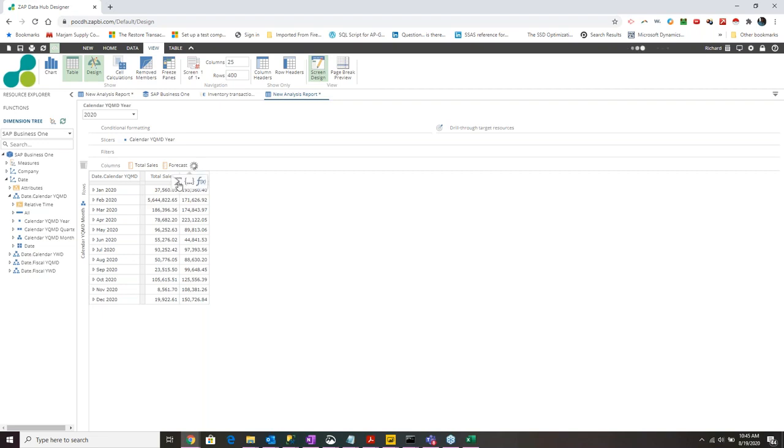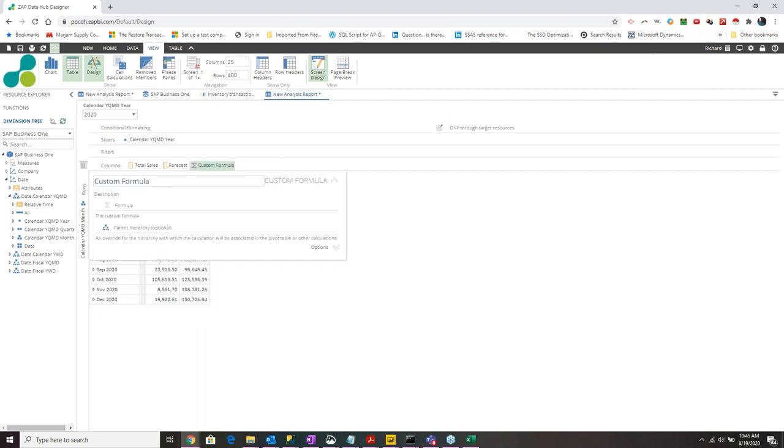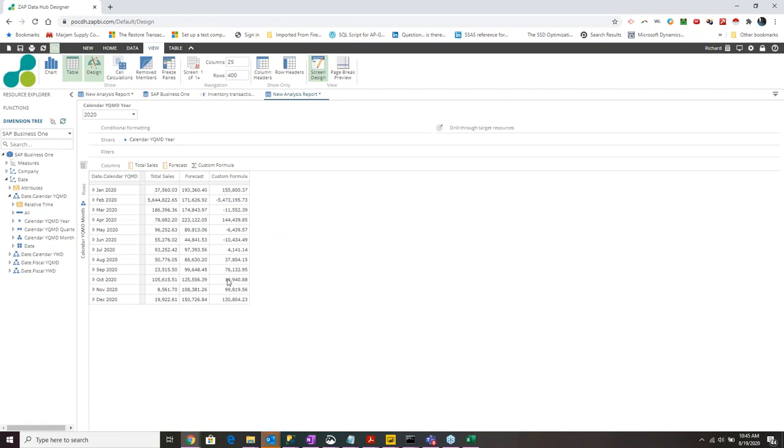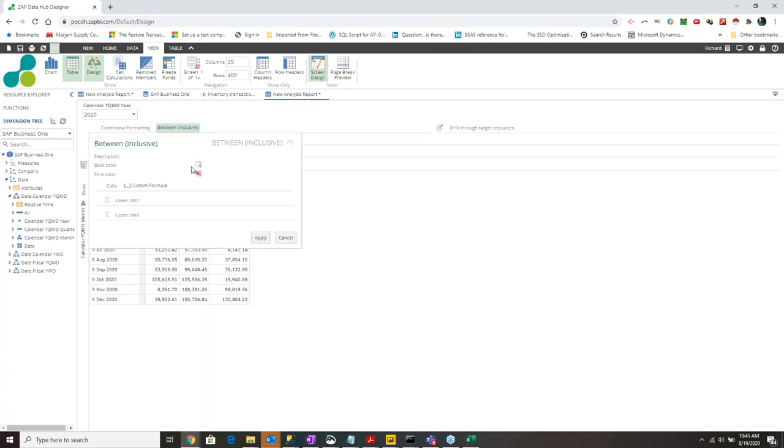And at this point I can come in here and I could just create a quick calculation that says what's our forecast minus our sales. And so we can quickly see which months are above, which months are lower. And even further, if I want to make this even more interesting, I can present this in a heat map to visually show